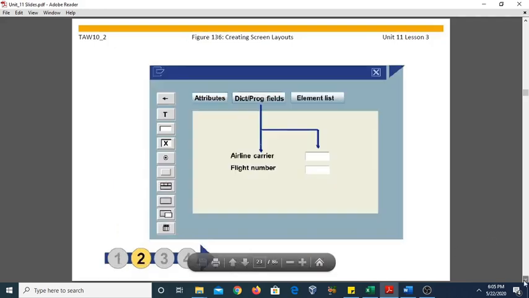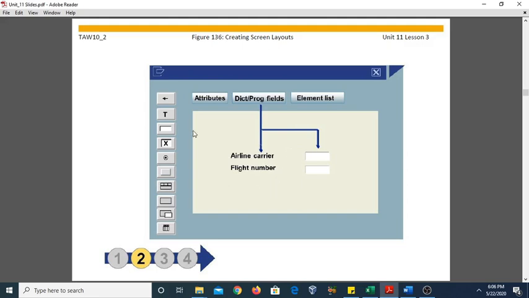Now come to the next step, creating screen layout. Second step, that means we need to define the screen elements on the screens. You can create the screen layout using the screen elements. You can also select the fields from the dictionary or programs. Just go there and give the table name, like S-Flight, and when you press OK, it will display the fields contained in the particular table, and then you can select the particular fields and press OK. It will display all the fields onto the screen.